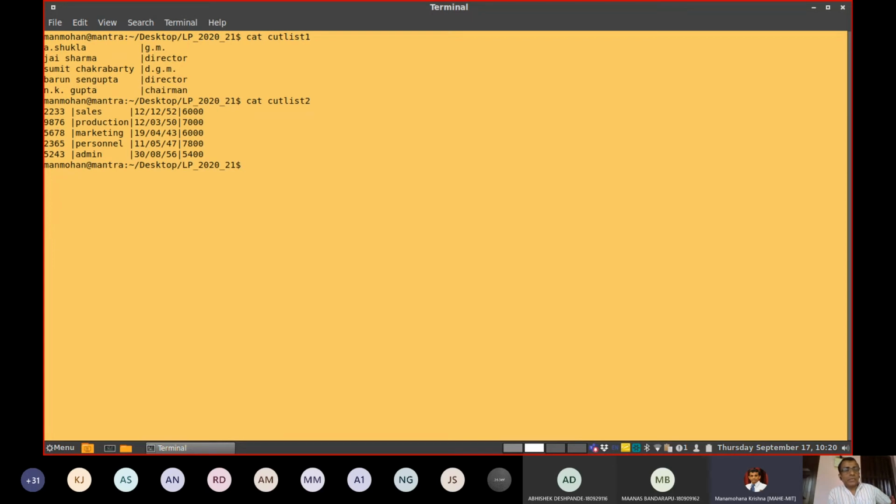So in the second file, you know that there is a first field, that is employee code, then after that the fourth, fifth, sixth. Fields 1, 4, 5, 6 are here. Whereas in the previous cut list 1, you have the second field and third field. Whatever is missed out is there in the other file. Now what you can do here is use, say for example, paste. You can club it together, paste